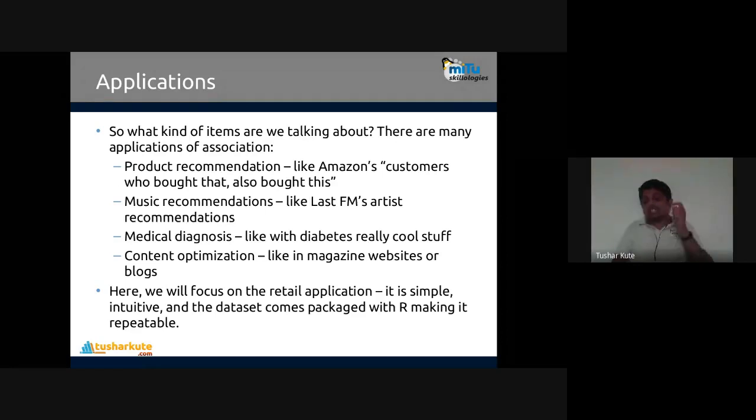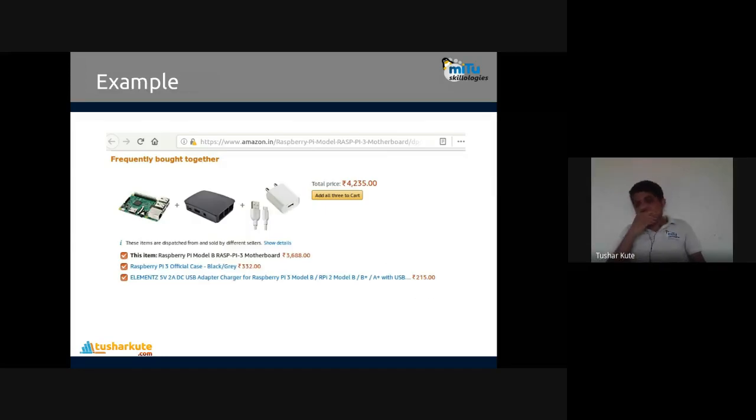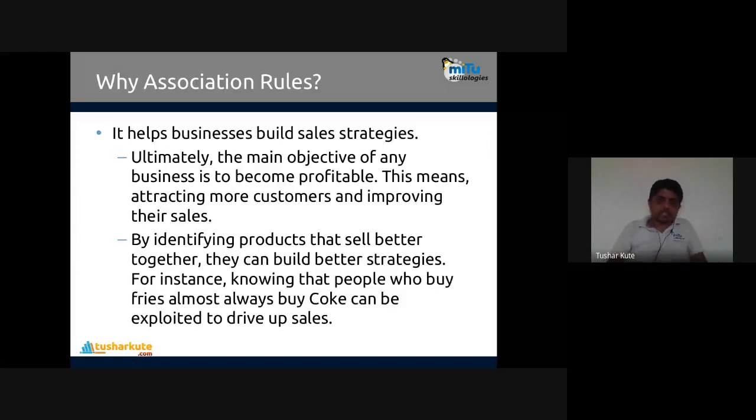So this is one sort of unsupervised learning. It's a core data mining technique, but it's also a kind of unsupervised learning. You find the rules, you find the patterns in the data, and based on that you provide the output. That is association rules, an unsupervised kind of learning methodology applied here. Here we'll focus on the retail application, and we'll see how it is done. This is an example of it. If this, then that. Yes, frequently bought together.